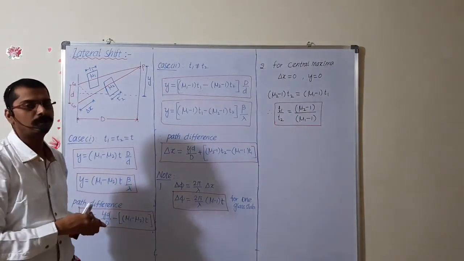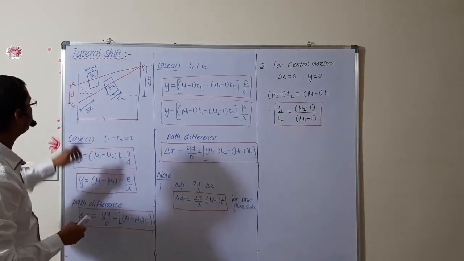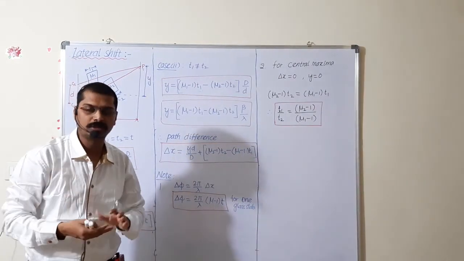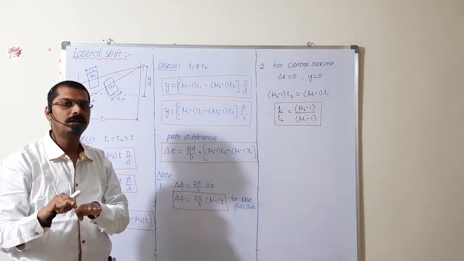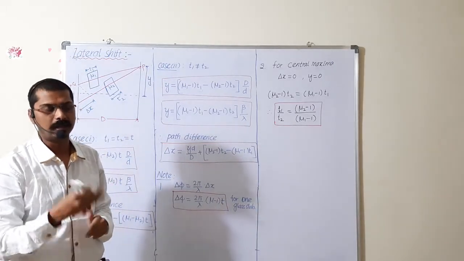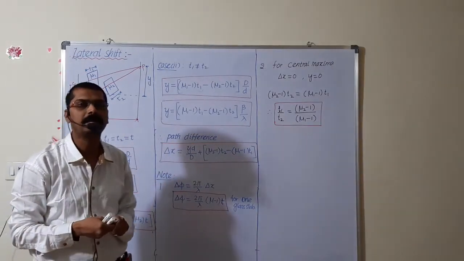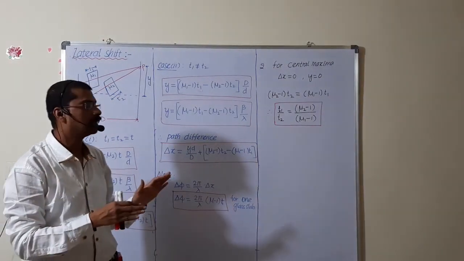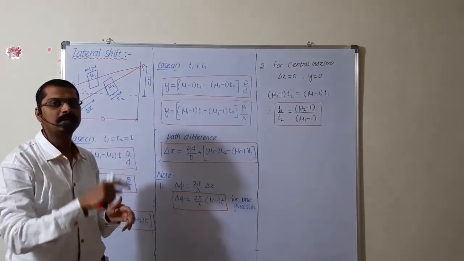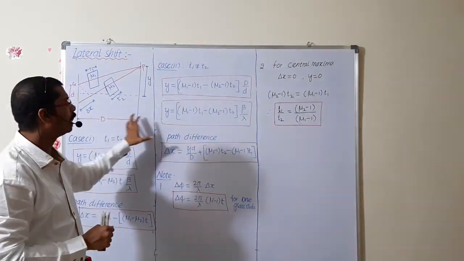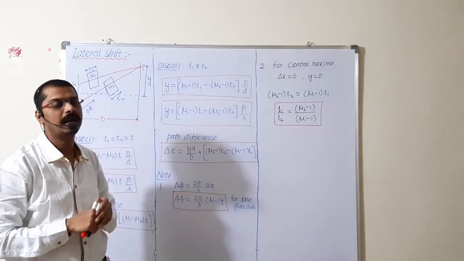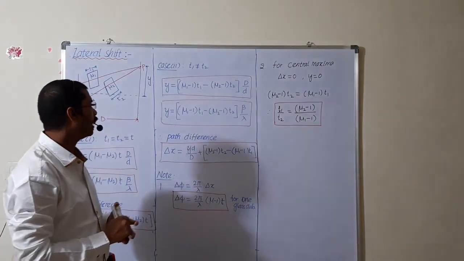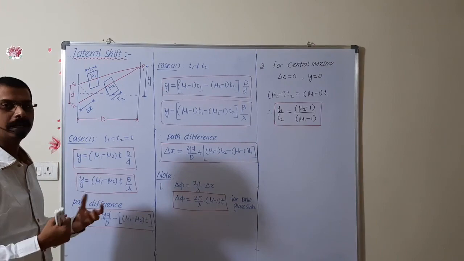Here some modification also there. Whenever we discuss all these concepts, the source is parallel to the principal axis. Another concept is also there: the source is below the principal axis and above the principal axis. According to that also we can find the path difference and phase difference. That we will discuss later. Up to here, all this concept holds when the source is along the principal axis. If the source is below or above the principal axis, it will not be applicable. That concept we will discuss later. Up to here, you note down. If you have any doubt, you can ask me.